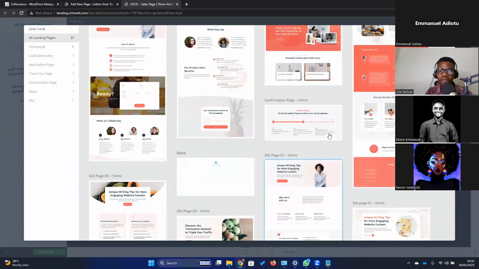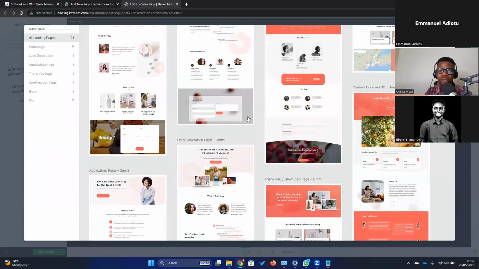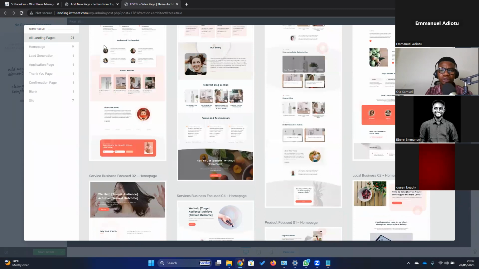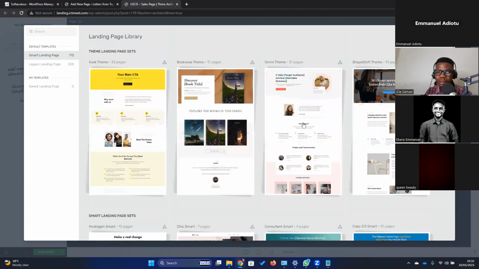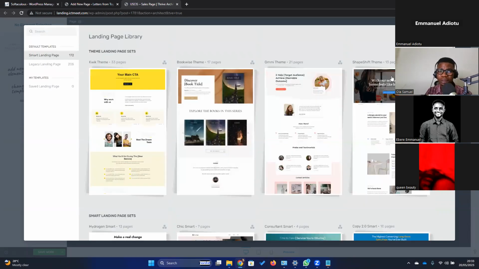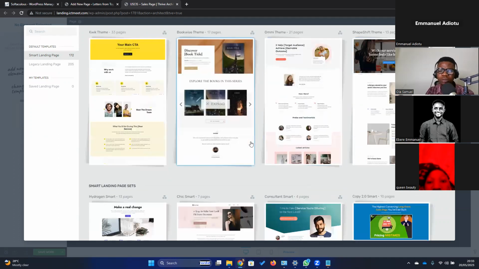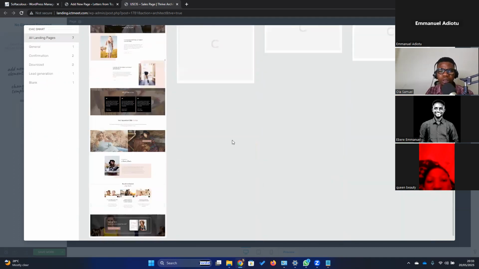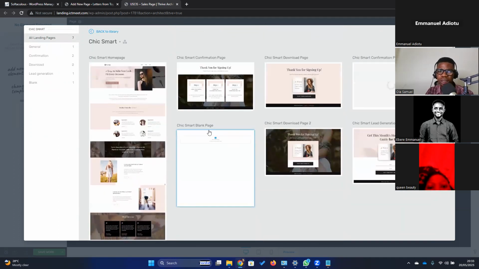I'm still checking. Okay, I can't see. So let me still go back. But I'm noting that I saw something nice here under this Omni team. I'm noting myself that I've seen something that is at least workable. I mean, something I can work with. I'm seeing it already. So let me just keep checking if I would see something better than what I saw